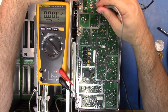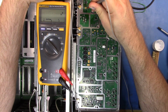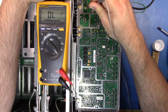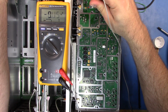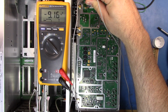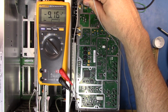So now if we look at pin 1, we're getting minus 9 volts there, and then pin 3 plus 8.21. Alright, so we are getting signal there. So let me just get on pin 1 here. Alright, now let's go to, hang on, let me set a range. That's 6 volts. Oop. Alright, let me set that range and then go to